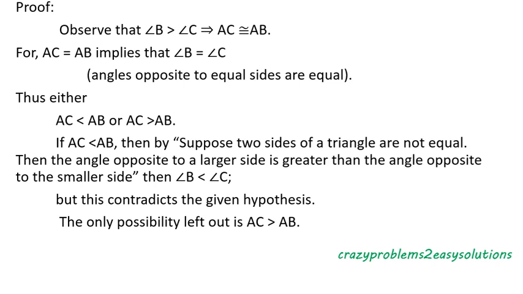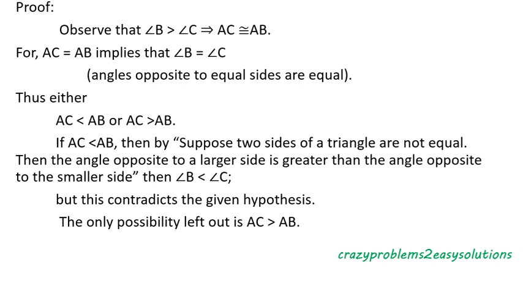The sides being equal means the opposite angles are equal, and the opposite angles here are B and C. Thus either AC is greater than AB or else AC is less than AB. So if AC is less than AB, then by the previous proposition we have proved: